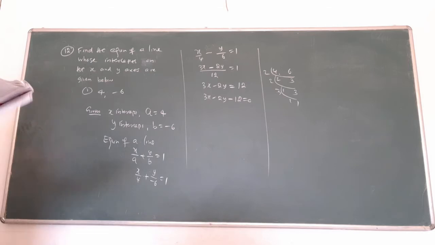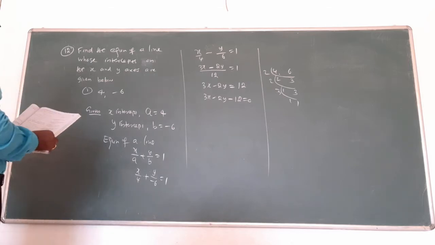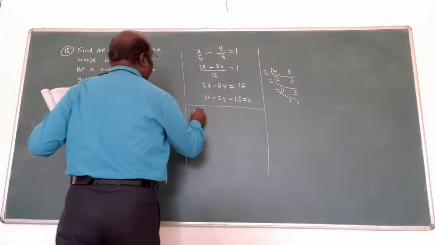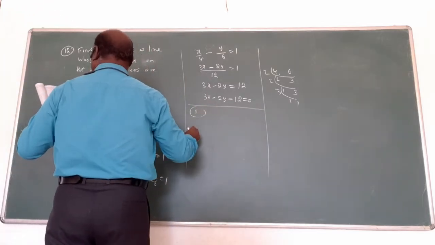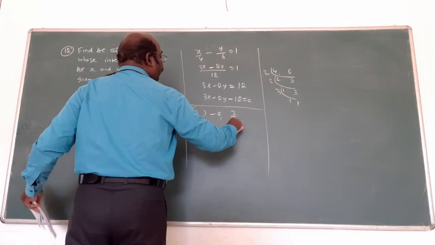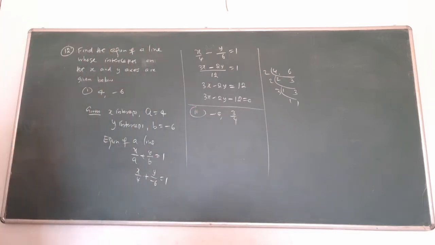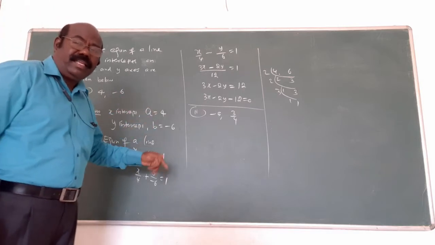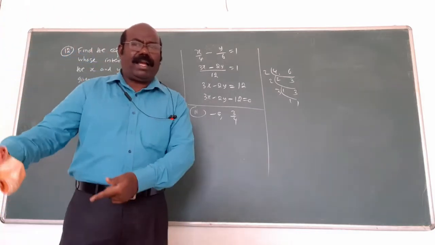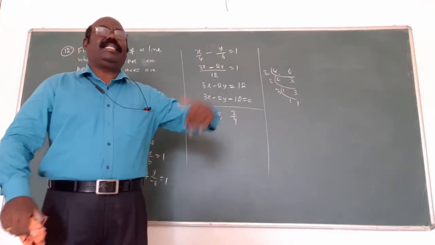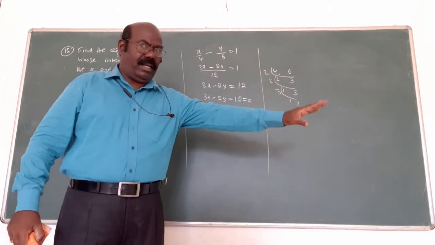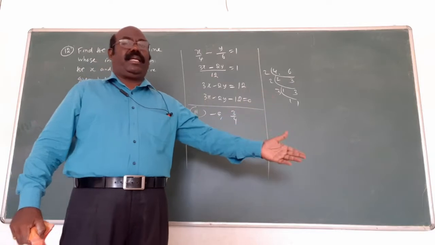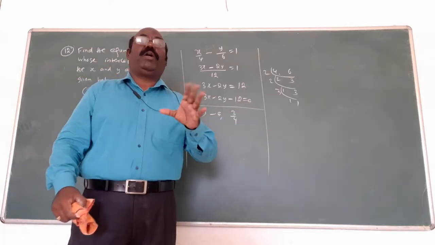The first subdivision is over. Now the second subdivision. What is the question? What is given? Minus 5 comma 3 by 4 is given. Same method. Intercepts are given. A 2 mark question, you get a question. Intercepts are given, equations are asked. One more model: equation is given, intercepts are asked. Or equations are given, intercepts are asked. This type of question is very, very important for 2 mark questions.